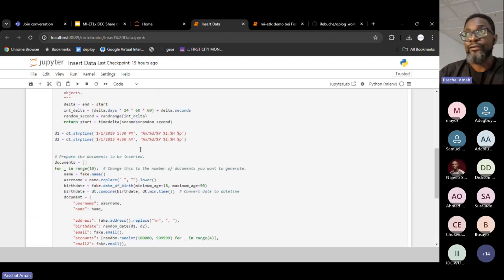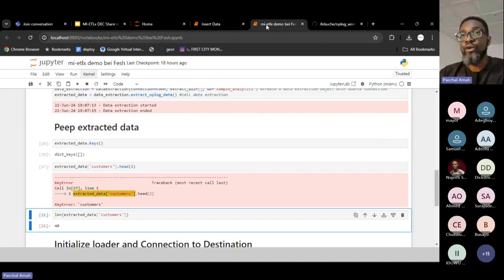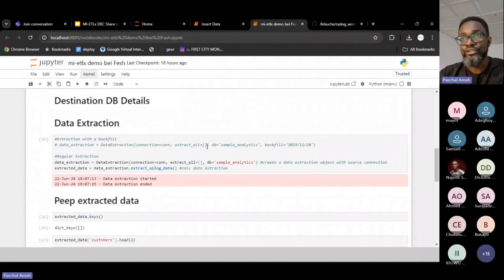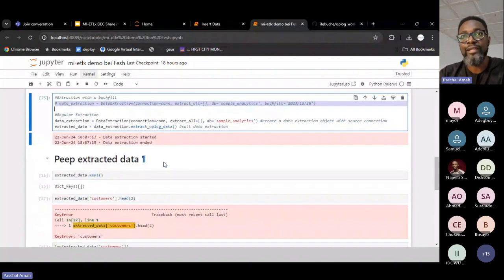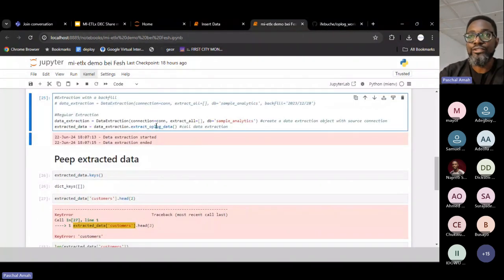Yeah, I use Faker, of course. I can't keep making up stuff. Faker is there for that type of thing. So now that I've done that, I'll go back and try to do the extraction again. No backfill, right? Remember the last time you didn't get anything. So when I do this,